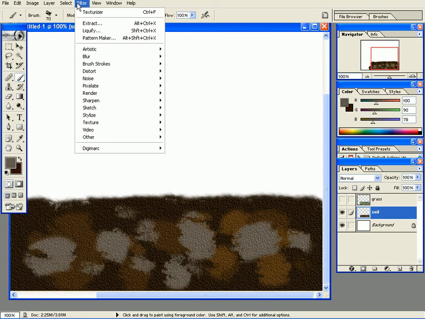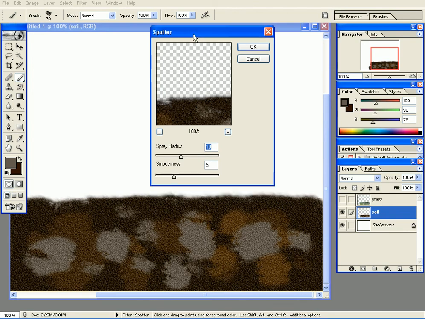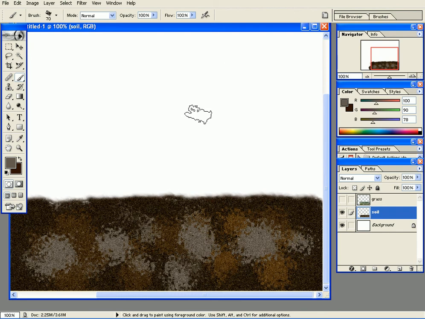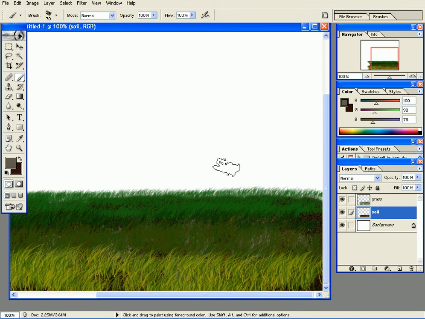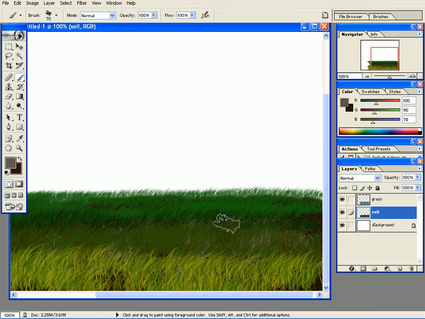I'm going to do other stuff. I'm going to go to Filter, Brushstrokes and Spatter. The spatter will actually break up the texture. So I'm going to increase the spatter radius just to break this up. I can smooth it out or decrease the smoothness to make it really rough. Alright, so something like this maybe. I'll press OK. So it's not very clear now what I have underneath. So let's go like this. So now I have some nice soil and rocks underneath. Now with respect to the color,